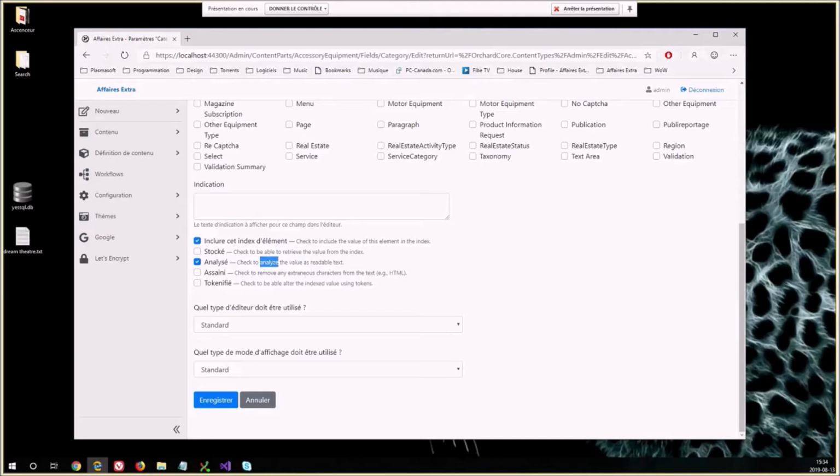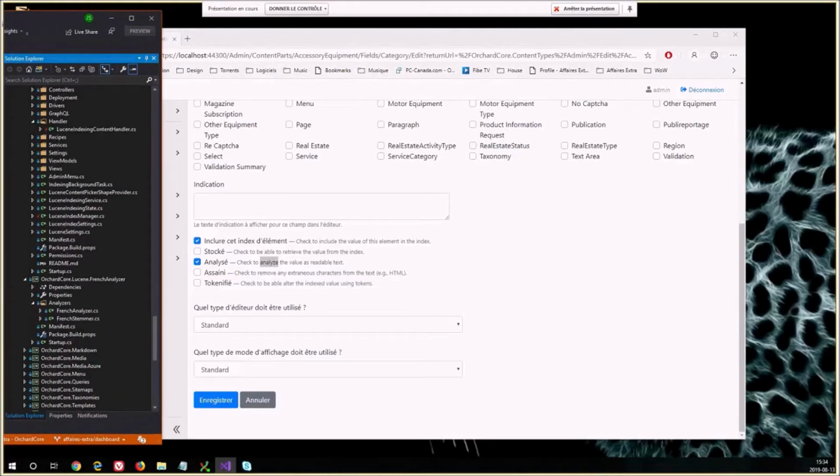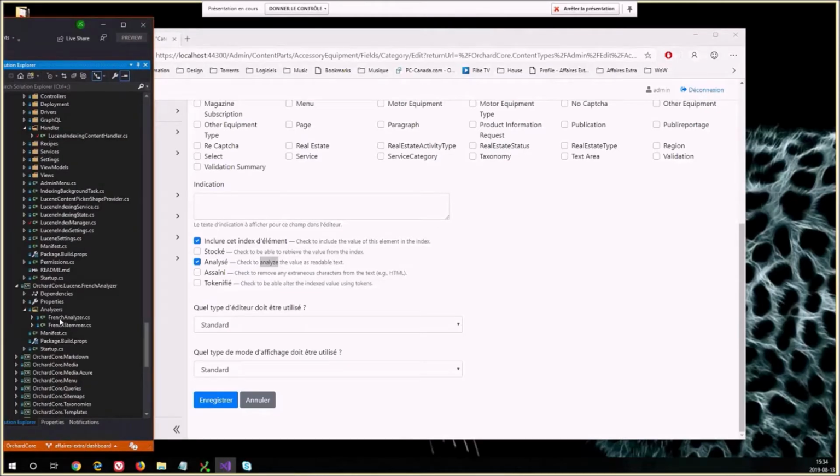It will remove every stop word and also simplify every word so that you can find the root of the word. Like depends and depending and depend will all be converted to depend. So when you search for something, you will always search for depend. And if you search for depending, internally it will search for depend also. That's part of the analysis. If you don't check that, you will only be able to search for the full term, the fox is gray. Then there are two other options, sanitized and tokenized.